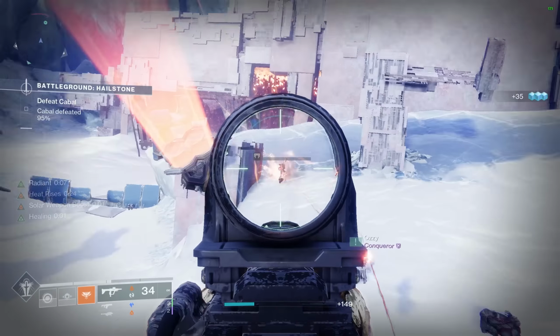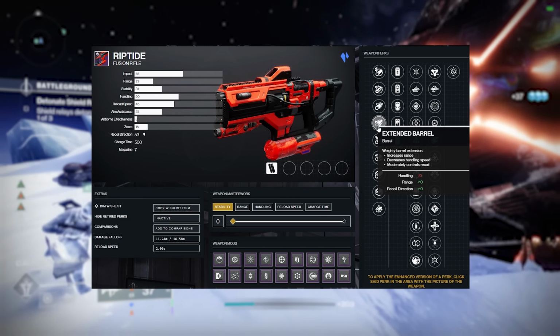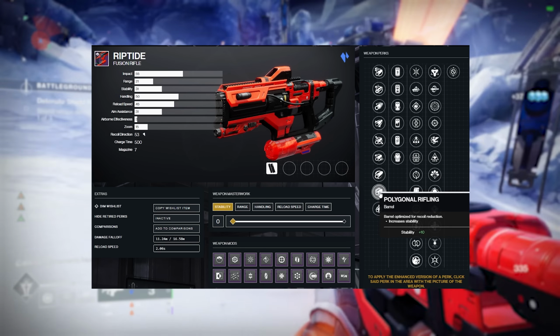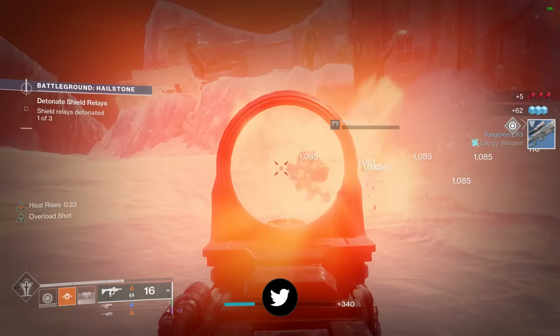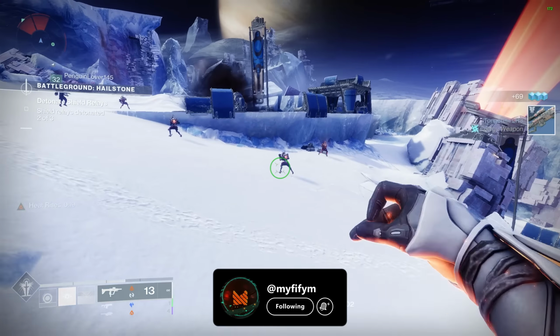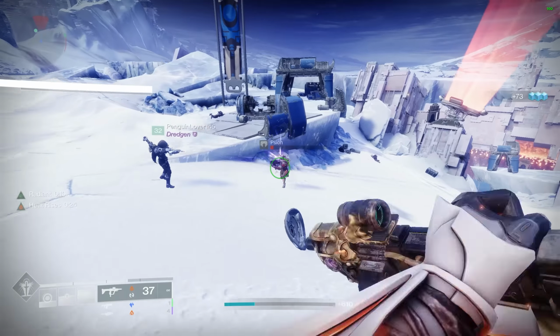Okay, now for the actual perks. In column 1, you have 9 barrel options. In the grand scheme of things, this column doesn't really matter too much. I would just take range if you're on M&K and stability if you're on controller. So something like small bore for stability and hammer forged for range, just kind of throwing out some examples here. Now, I've heard some people say that stability is always better because it keeps the bolts tighter no matter your input. But like I mentioned, I wouldn't really worry too much about this column considering some of the other columns,